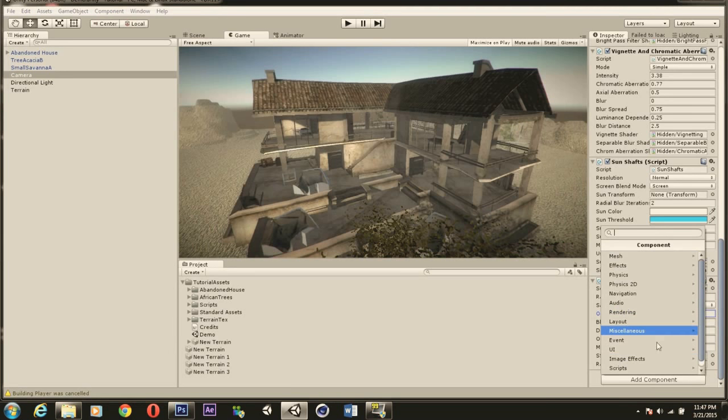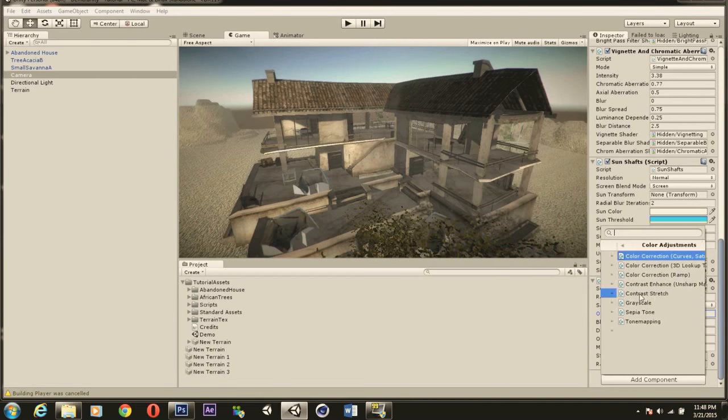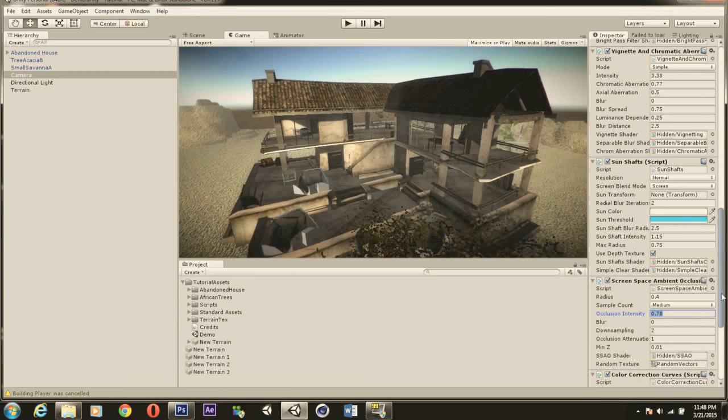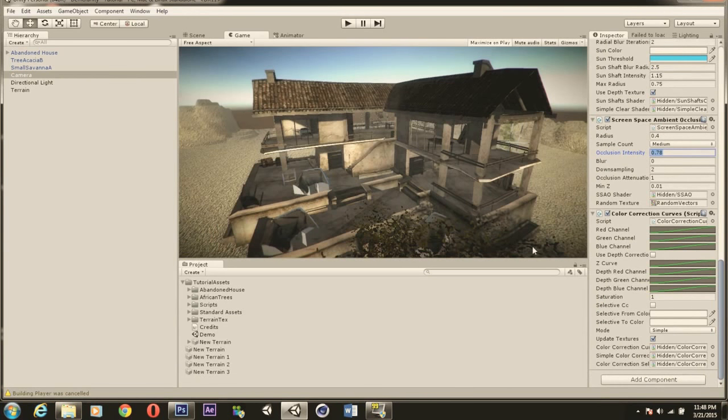So the last effect is going to be a color correction curve. So we're going to go to, where is it under? Let me just find it, color adjustments, and then the first one, which is going to be called color correction, curves, and saturation. As you can see there, we're going to leave the saturation alone for now, but one thing I really like to do with the curves is go to the first blue channel and then just click on this curve